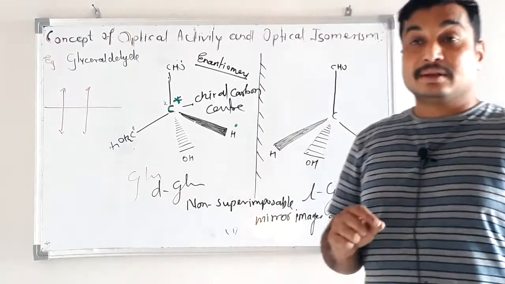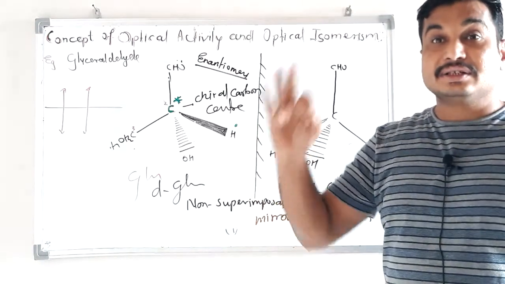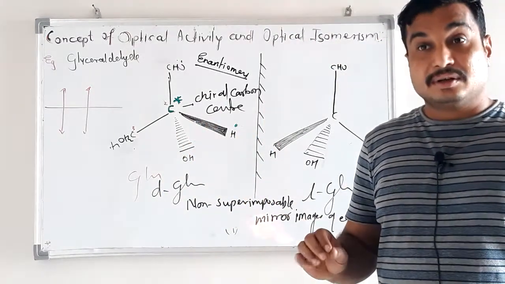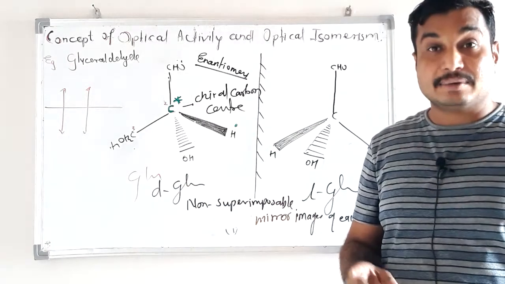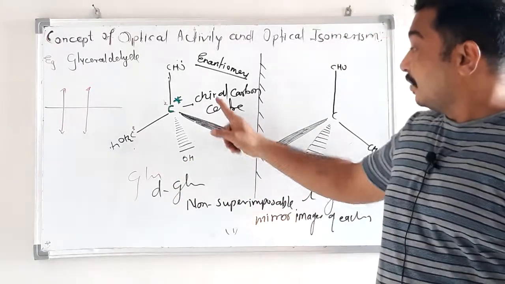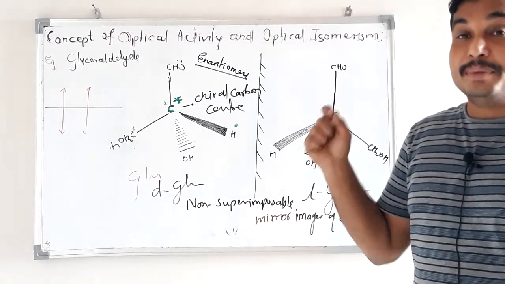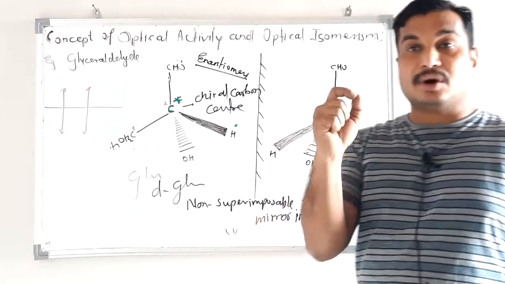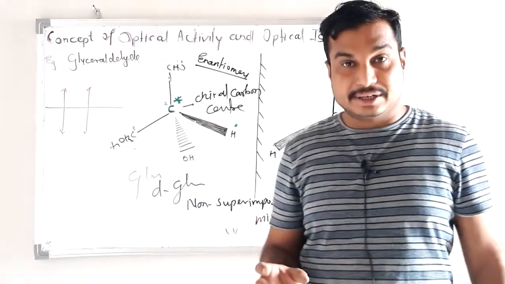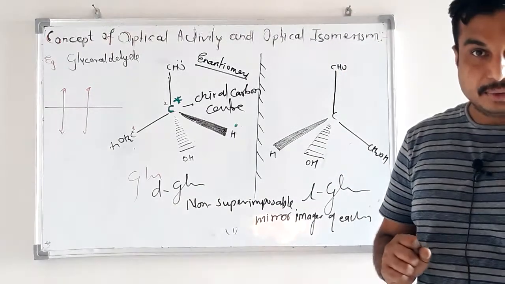And remember one thing, an organic compound with at least one chiral center is always optically active. But a molecule having an asymmetric carbon atom is not always optically active, it may be, but a compound having a chiral center is 100% optically active. So the basic and complete condition for optical activity is the presence of a chiral center. If your molecule has a chiral carbon, then that molecule is optically active.